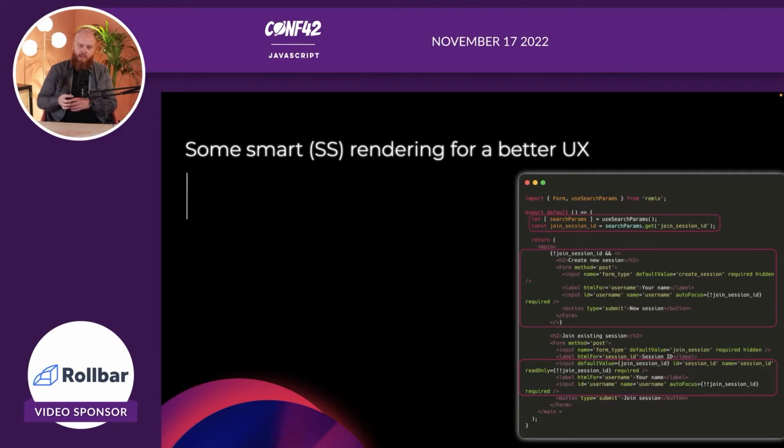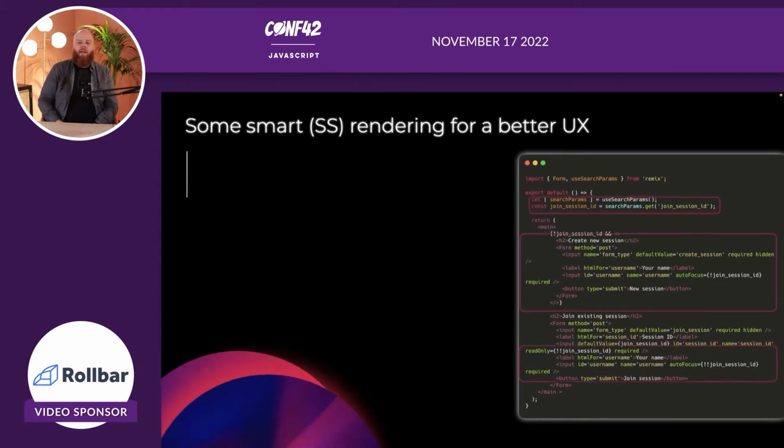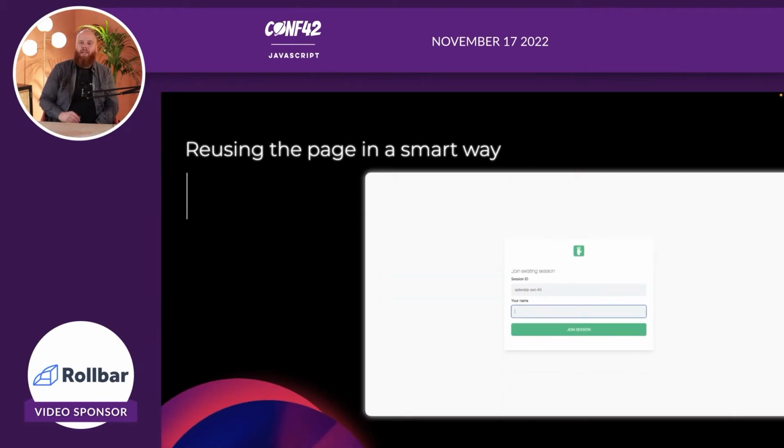So the page loads, you will just see the form, and it will look a bit like this. Yeah, so a bit smarter way of rendering, but also enhancing the user experience. Again, to, for instance, autofocus on this name input. You type your name, you hit enter, which, by the way, will work because we use native form submits, and all the logic is executed to basically redirect you to the page if successful.